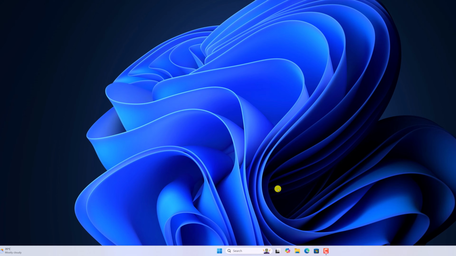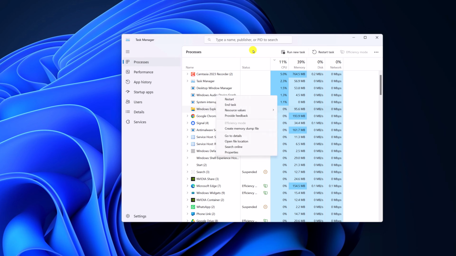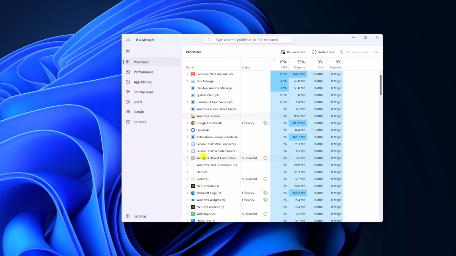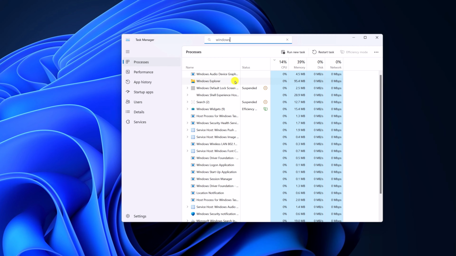After that, also try to reset other services that are related to Windows search. For that, right click on taskbar, open task manager. Here click on menu icon, then select processes, and here look for Windows Explorer. If you want, you can also use the search option. Let me search for Windows Explorer. Select it, right click on it, then click on restart. After that, also restart